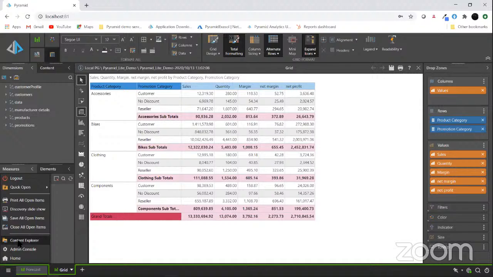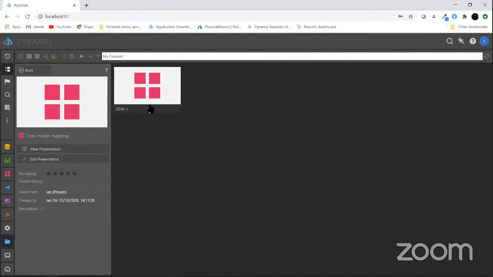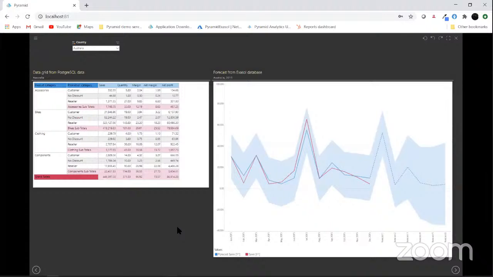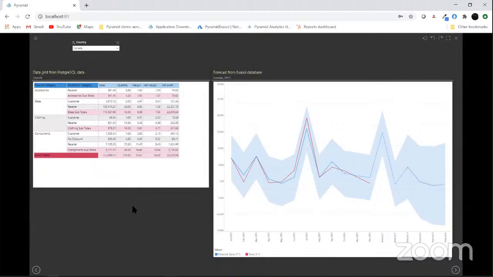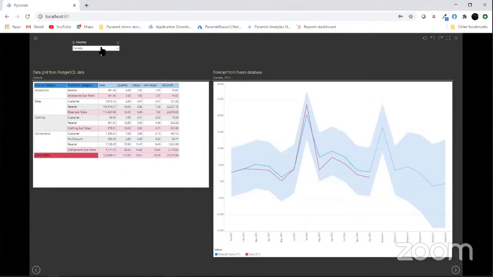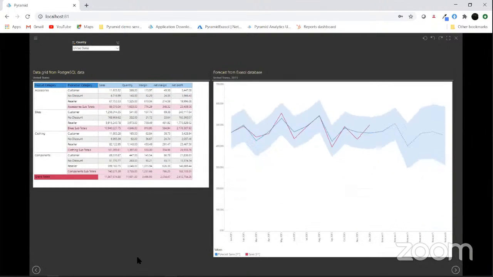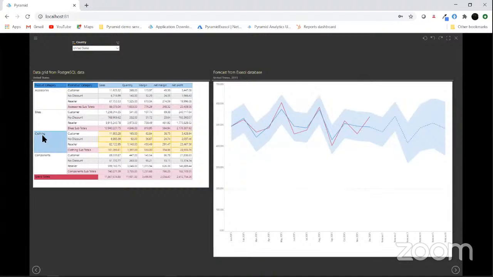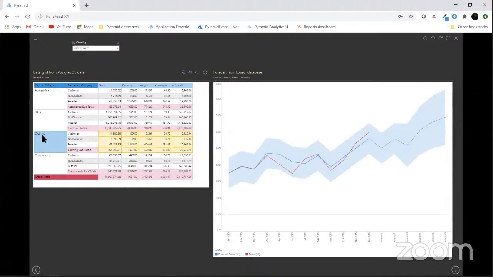To do that, if we go back to my Content Explorer, I've created a little dashboard. And my dashboard in this case has those two items. You saw me create dashboards earlier, just drag and drop them onto the canvas. We can see in this case now that I've got my grid, which is being sourced direct query into Postgres, and my forecast, which is coming from my Exasol model. And I'm filtering by country. If I choose a different country, Canada, you'll see the data in the grid change, as does my forecast data. If you go to the United States, you'll see that change again. Even if I look at clothing, for example, again, we see that being cross-filtered.